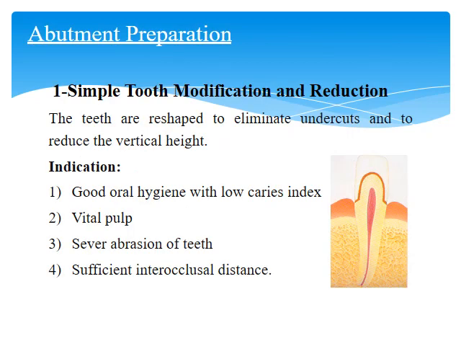Abutment preparation. First, simple tooth modification and reduction. The teeth are reshaped to eliminate undercuts and to reduce the vertical height. The indication: first, good oral hygiene with low caries index. Second, vital pulp. Third, severe abrasion of teeth. Fourth, sufficient